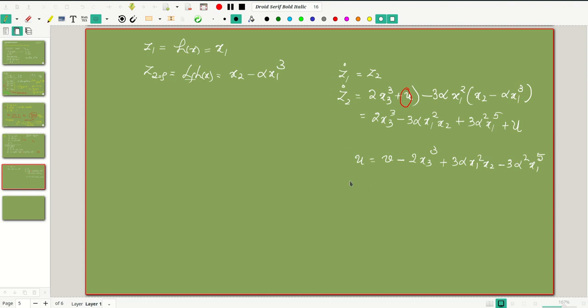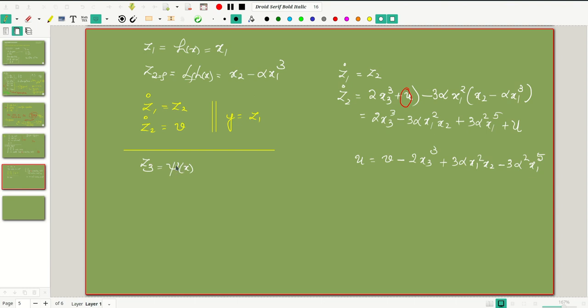So I have z1 dot and z2 dot as, I'll write with yellow color here, z1 dot is equal to z2 and z2 dot is equal to v. Definitely our y will be equal to z1, h of x, so it is equal to x1. So what about z3? That is the term that we have not found out till now. So let us go and look out what is z3. z3, let me call it psi of x. Since there is only one z3, I will not write it as psi1 of x, psi2 of x. Let me call it psi of x.